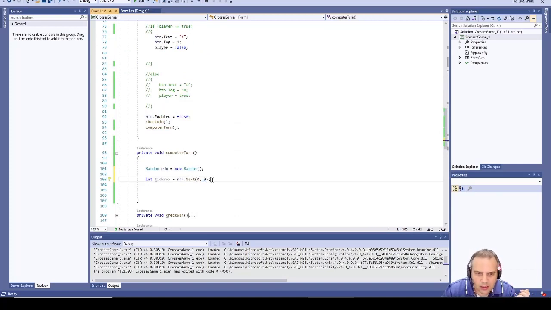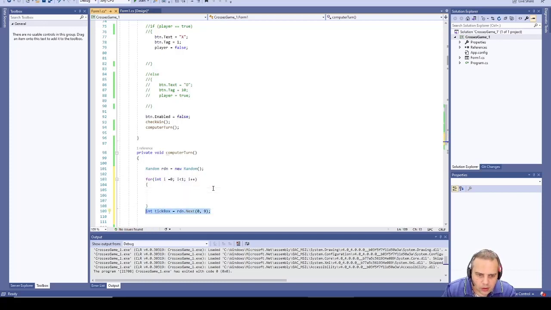It's going to generate a random number, and from there, actually before there, we're going to put that in a loop. The reason we're putting this in a loop is that if our random number has already been used, we need it to pick another one, so we can use a loop to do that. So we'll create an int i equals 0, and as long as i is less than 1, then i plus plus,